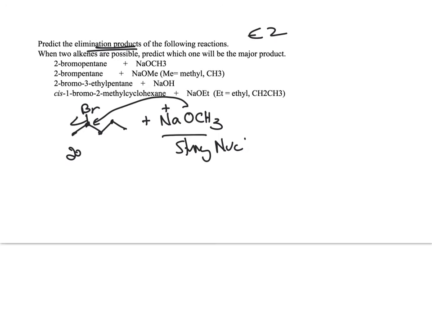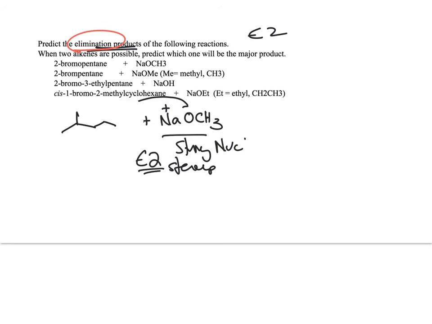Oh, it wants elimination products. So I was drawing the substitution product, but it wants elimination. So E2 is going to be stereospecific. So what that means is it's going to take the